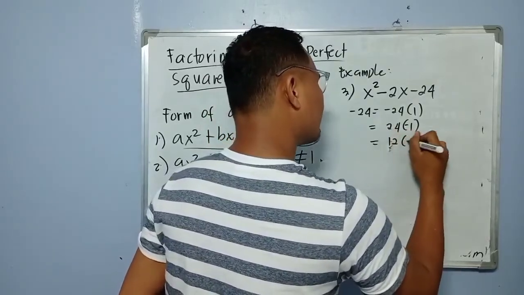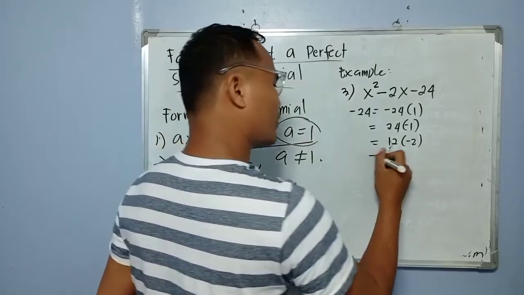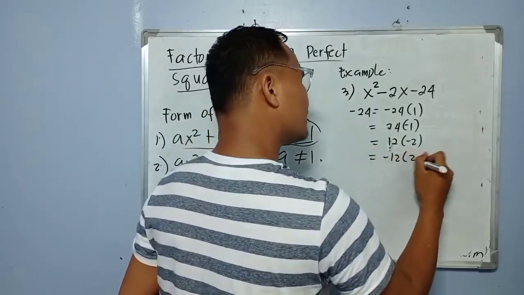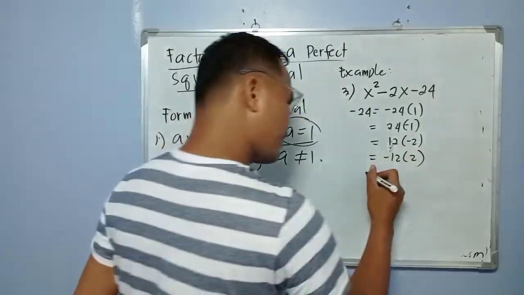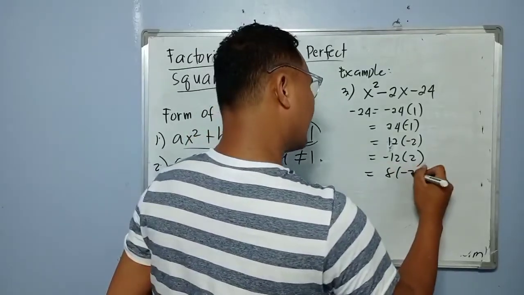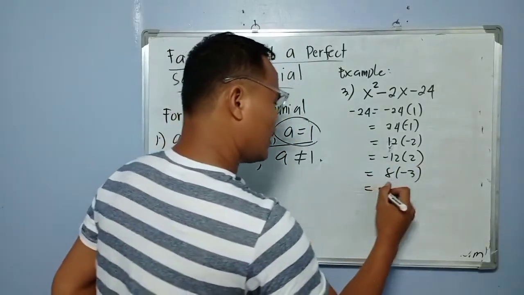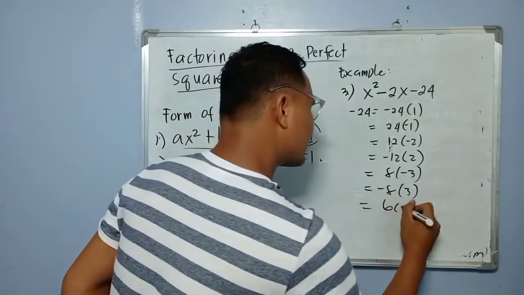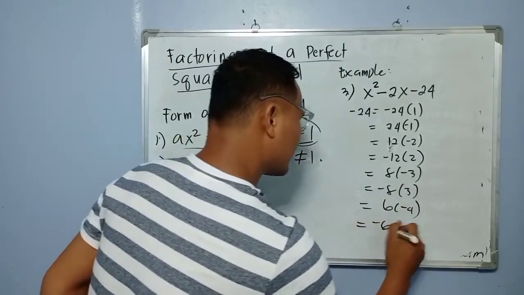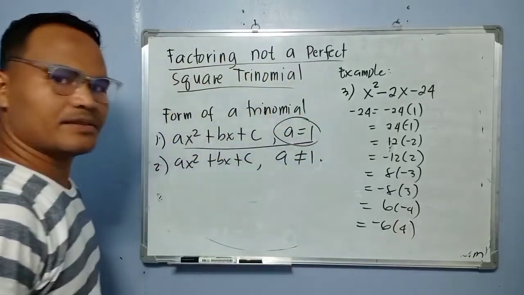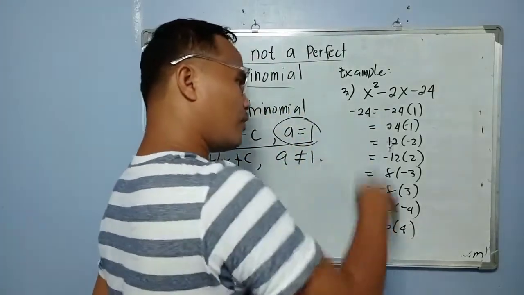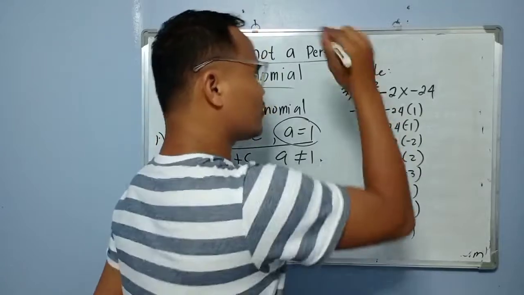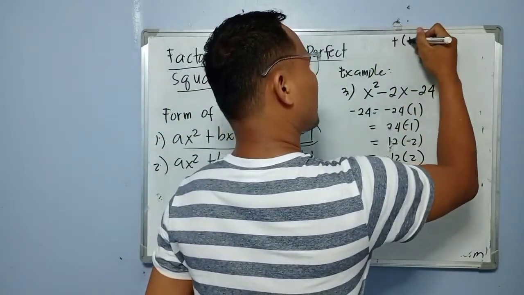We can also have 12 times negative 2, that's negative 24. We can also have negative 12 times 2, 8 times negative 3, negative 8 times 3, also 6 times negative 4, and negative 6 times 4. What else? No more. If you are confused with our signs, do not forget that positive times positive, the